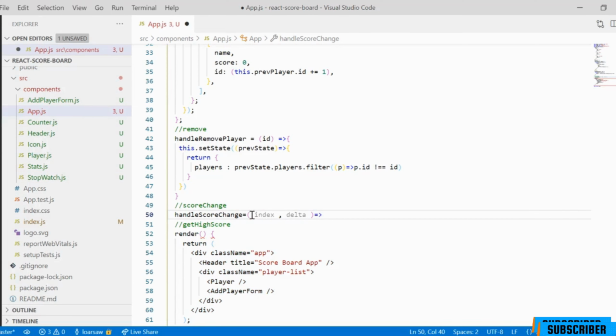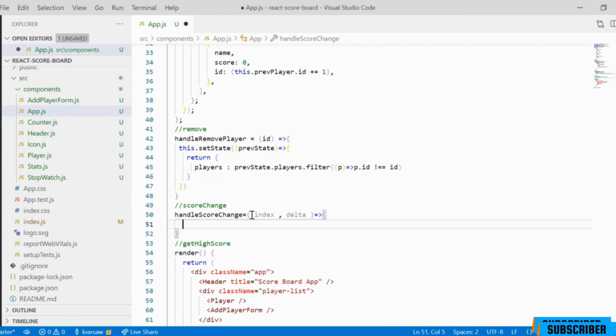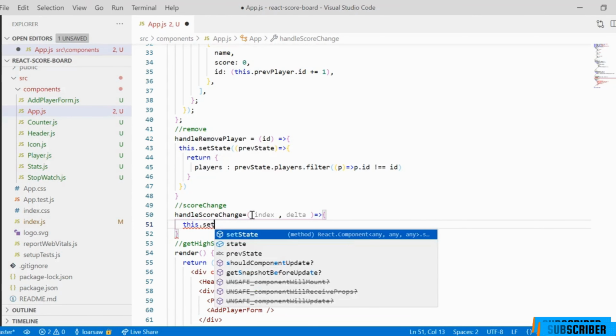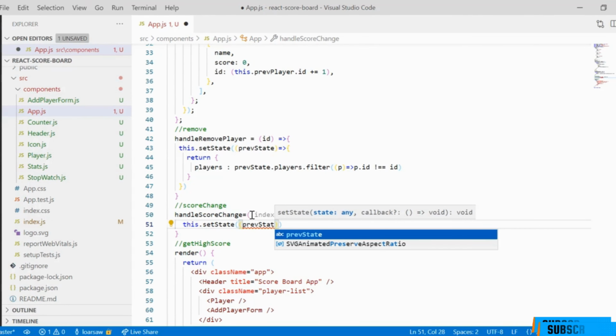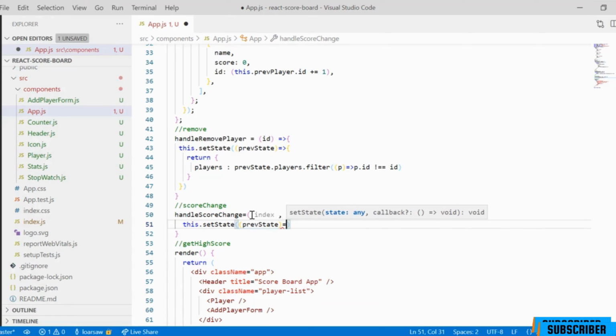Now this is another function, and inside this what we're going to do is that we'll be setting state. So this dot set state, and inside this too is also going to take the previous state. So prev state,